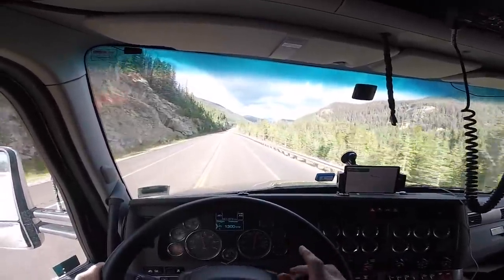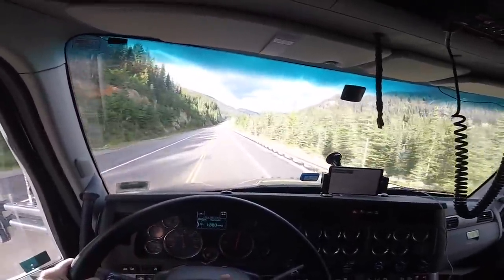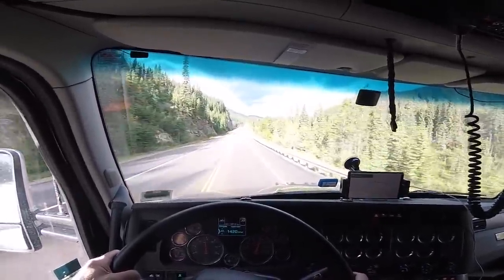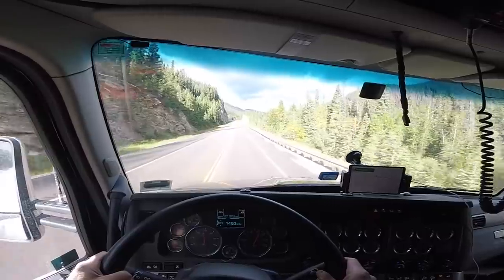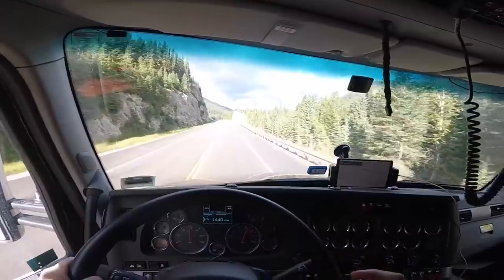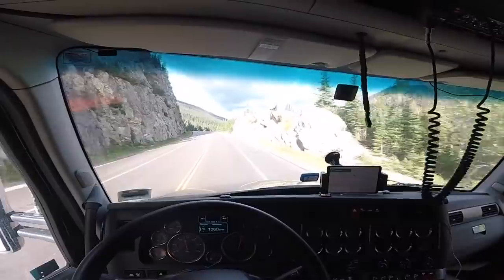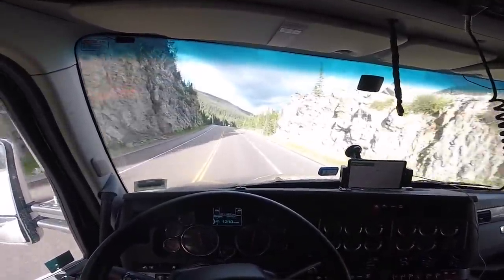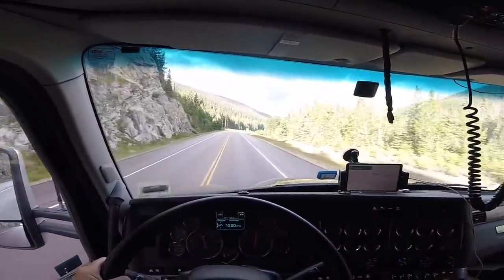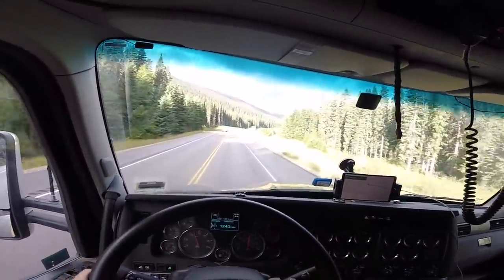And you can see, I always feel like when the mountains come close to the road, that's when you know you're gonna be driving in some difficult conditions. You see how close they are, right? And they're getting closer, and at a certain point it'll be just mountains. And then when they start moving away from the highway, that's when I start breathing easier, because that means you're getting out of the mountains, but when they are this close,